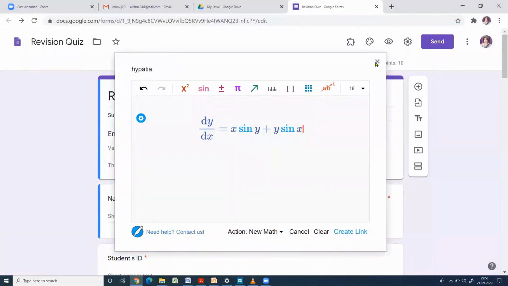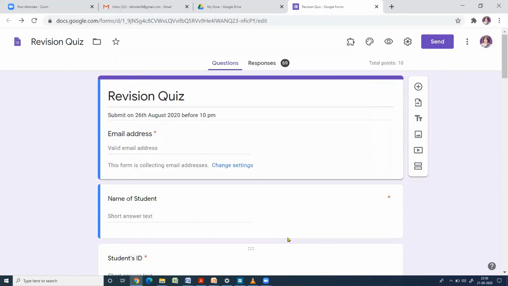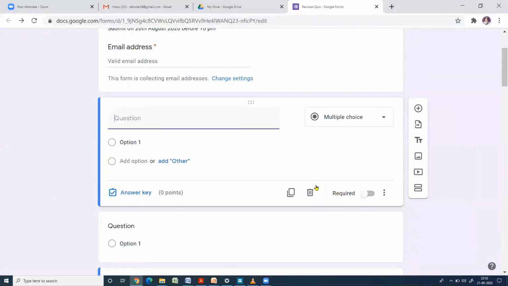So click on this cross here, close this. And now I want to add that equation in my quiz. Suppose I want to add that equation in this question.